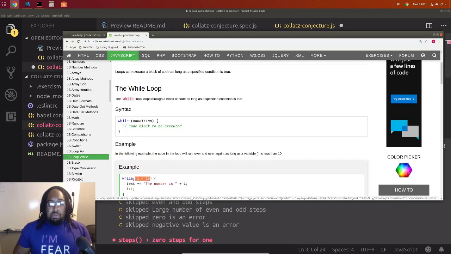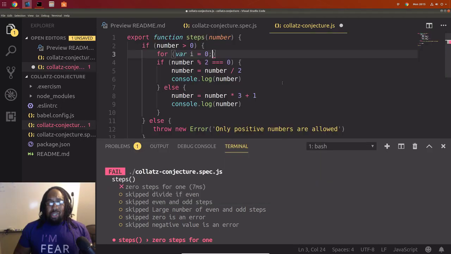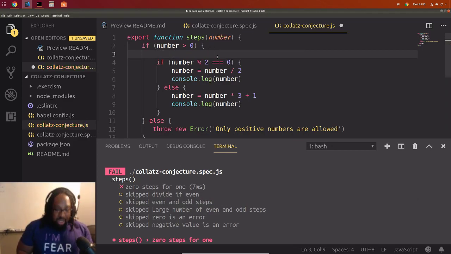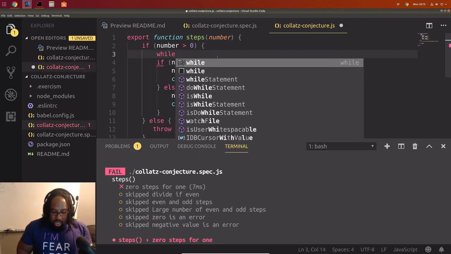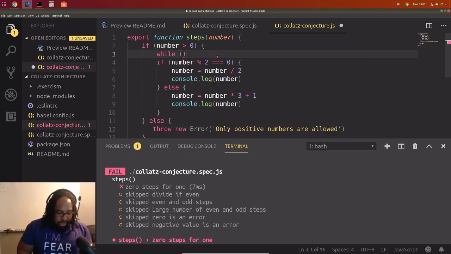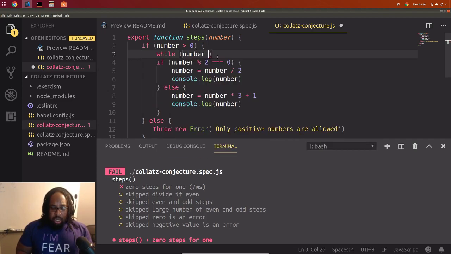Okay, so this probably is easier. Let's try that out. Let's go with while. Let's say while. Hold on, let me see if this will repeat, if it'll take the number. Yeah, let's go while number is not equal to 1. Run the snippet of code. I think this will work. This may not work. We'll find out all together.